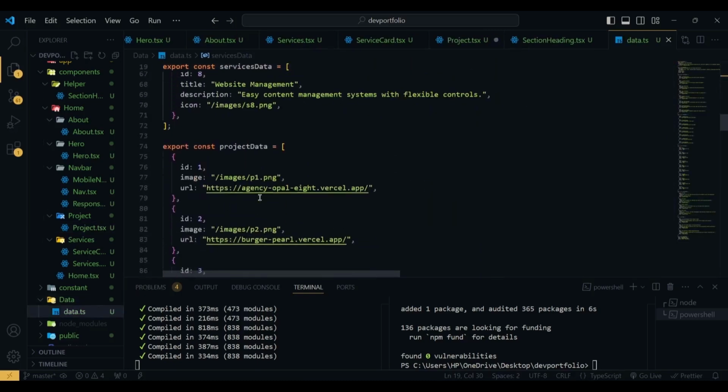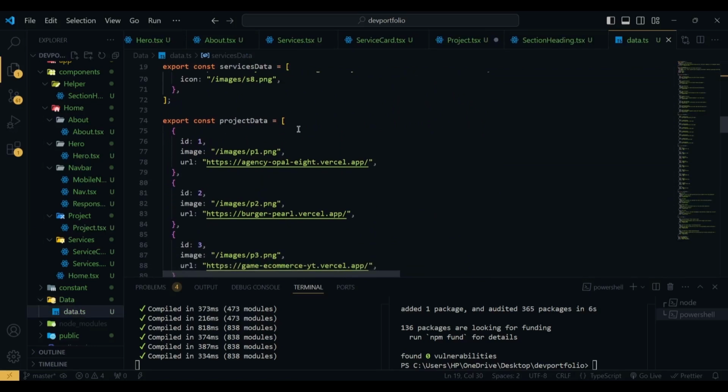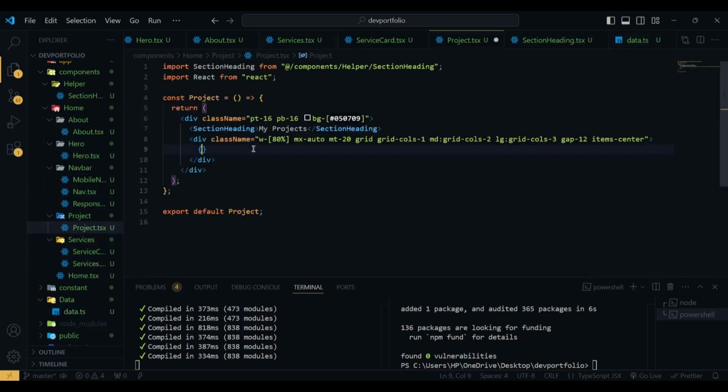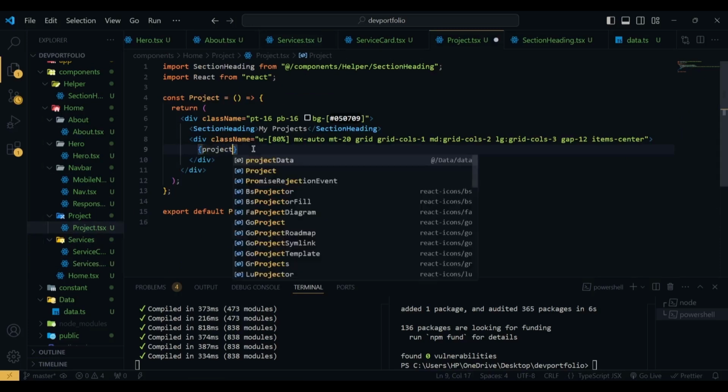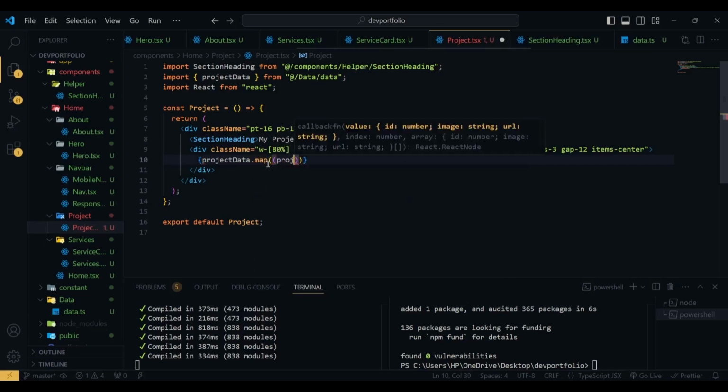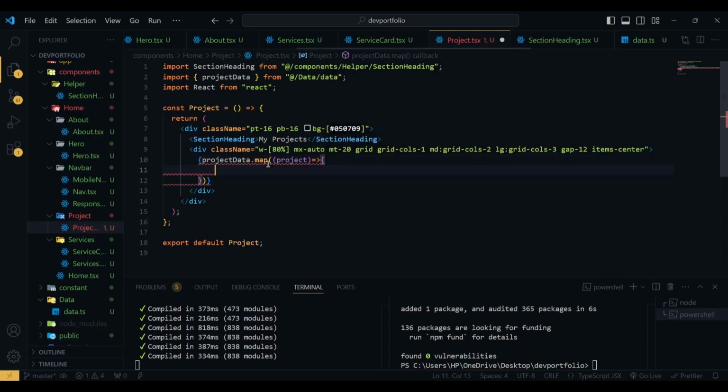So if I show you, this project data, we are going to use this project data in our project component. So here you can see we have an id, an image, and a url for our project live link. So you can add your project link here. So now in the projects, here I am going to use the project data, and I'm going to map through it to get an individual project, and then I'm going to return